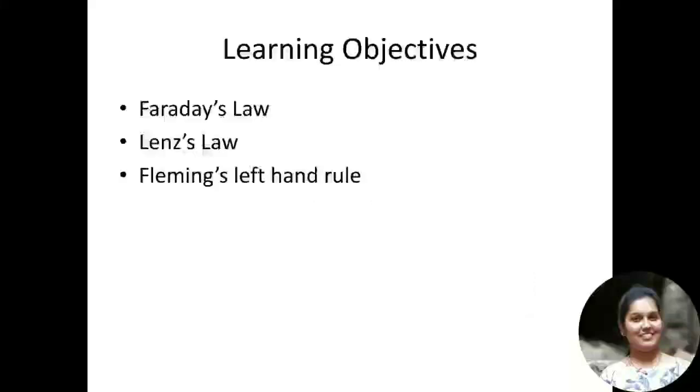Hello everyone. In the last videos, we were discussing the second unit, electrostatics and electromagnetism, from basics of electrical and electronics instrumentation engineering. So, in continuation with the last video, we'll discuss some other points from the same chapter, electrostatics and electromagnetism. So for today's video, the learning objectives are three.